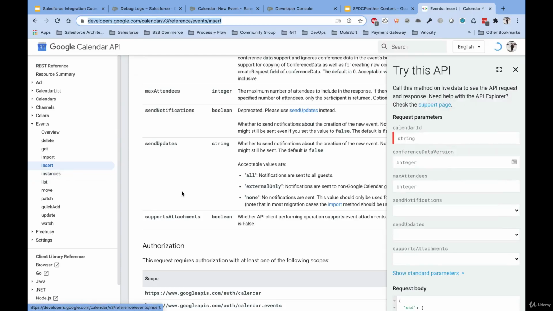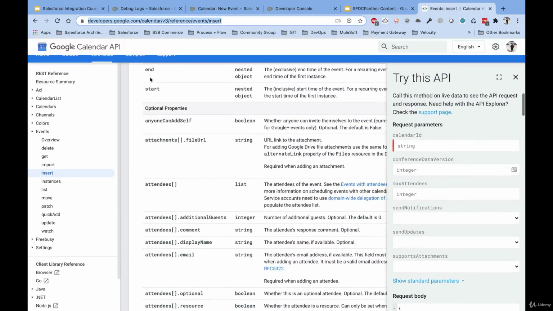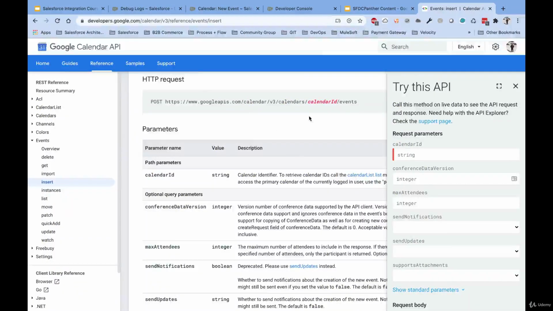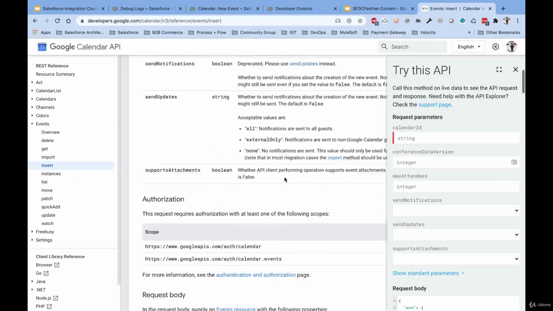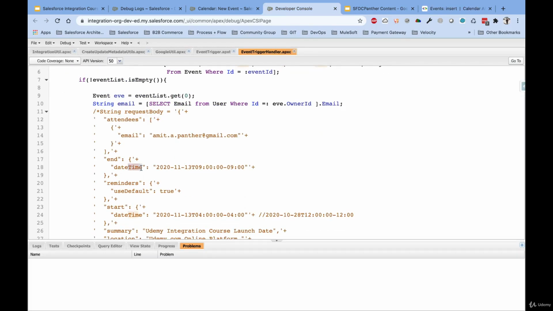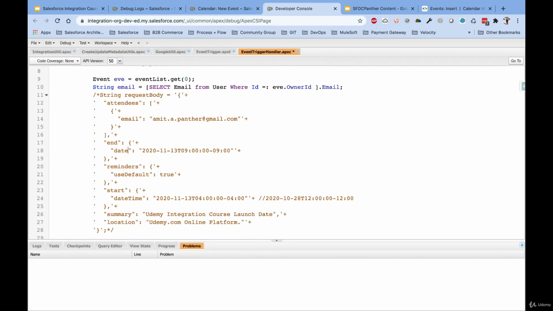So we are just inserting an event. If you go here, you see start, end. Okay, so if you want to make your event all day, what you need to do is inside this request, where you are sending date time, just send date. That's it. Don't send the date and time. If you send date and time, that means you are defining some time slots. If you are only sending the date,